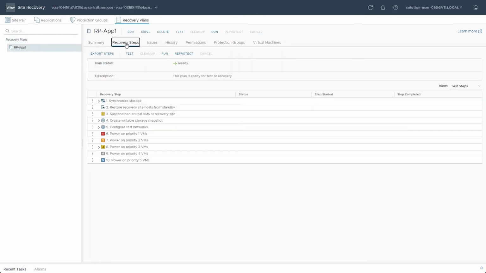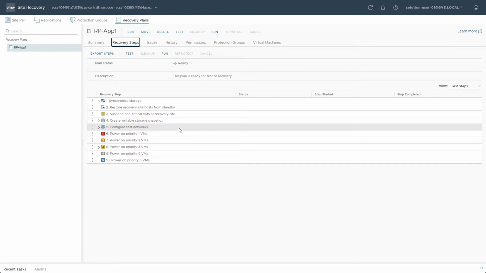One of the helpful features of the recovery plan is the ability to suspend non-critical VMs at the recovery site. A common example of this is where a site is used for development and the virtual machines can be suspended to free resources for the production workloads. When testing the plan, test networks will be created to isolate the workloads and prevent IP address conflicts. This also gives administrators an opportunity to non-disruptively test upgrades or patches on the workload while the test copies of